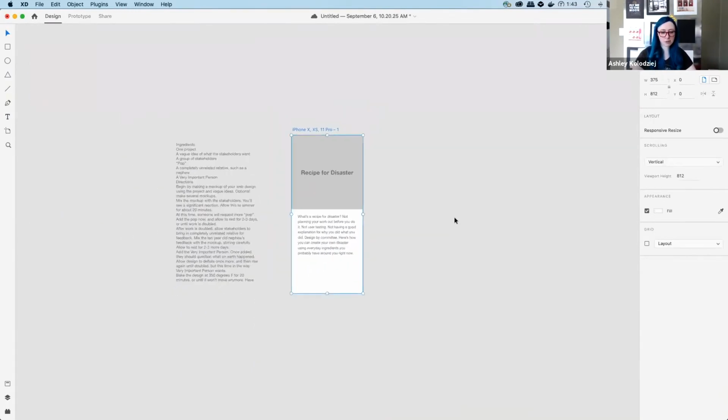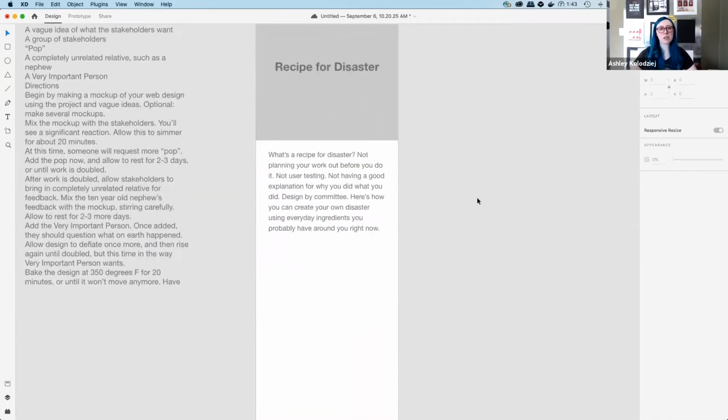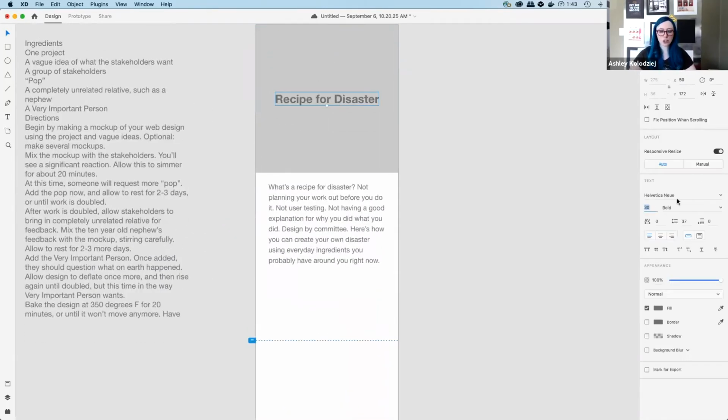We actually have a lot more content to get in here and not a lot of room to put it in. So I'm going to zoom out using my Command key, and then clicking on the title, I am going to use this bottom handle to expand the artboard. Now notice this little dot, dot, dot line is called the fold. That's going to help you remember where the bottom of the device is, so that as you're creating your wireframe, you can think about how to make sure people understand that there's more content to be seen.